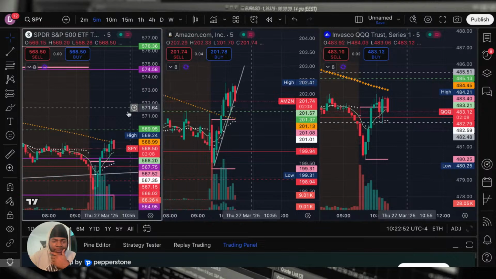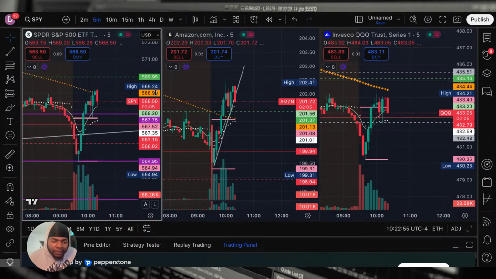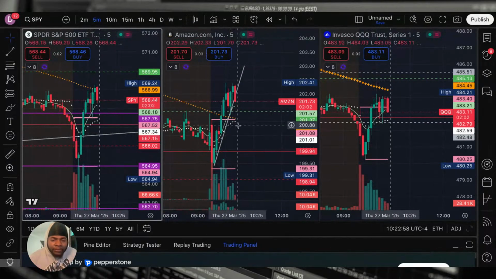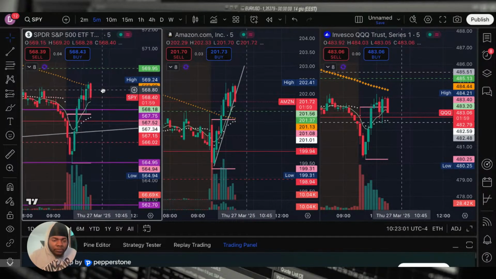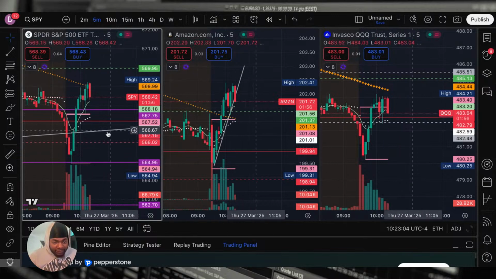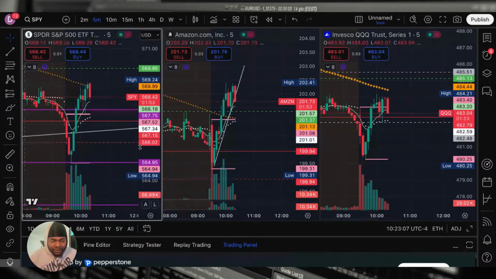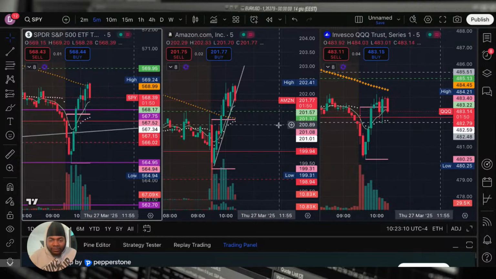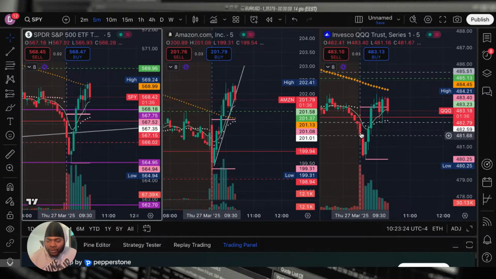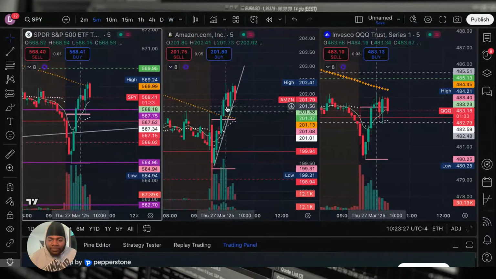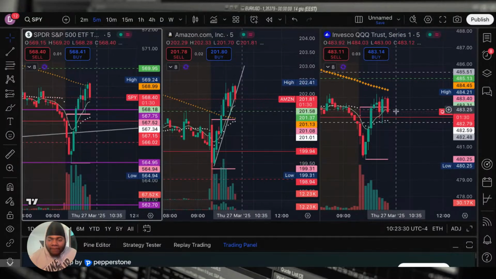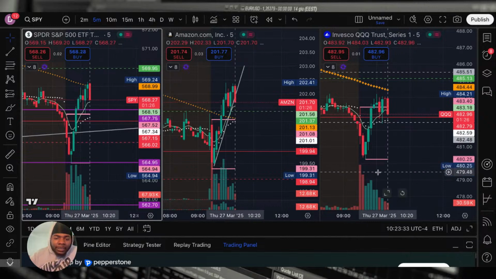Yeah, that's the bottom of the flag pole right there, the flag right there. So if we break below this trend line right here, SPY is gonna be real bearish if it even gets down there. Probably won't even get down there today. Amazon playing around. We're down 14%. So we got stopped out on QQQ right here. We hit Amazon one time for 31%. We're back in Amazon. We're down 12% right now.